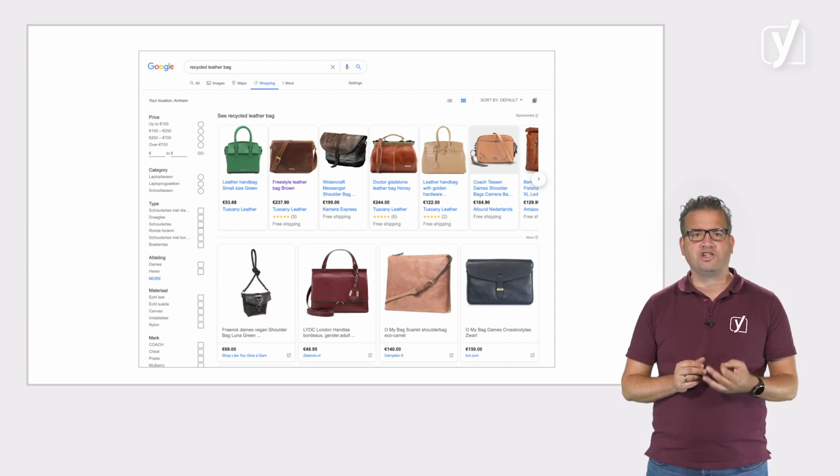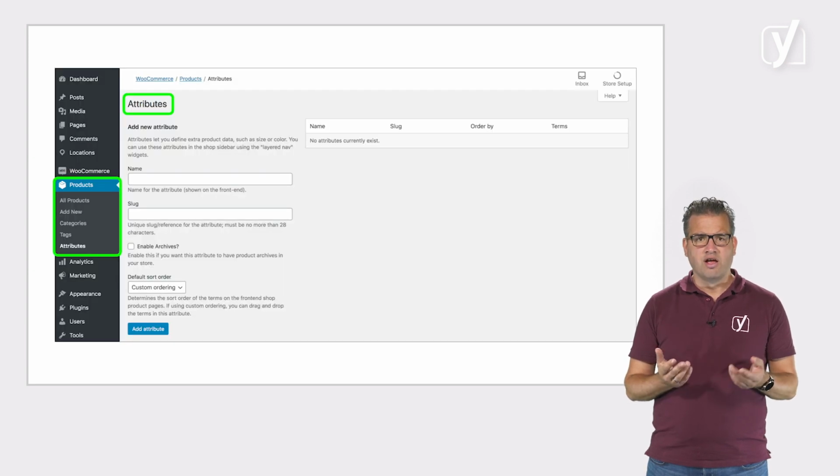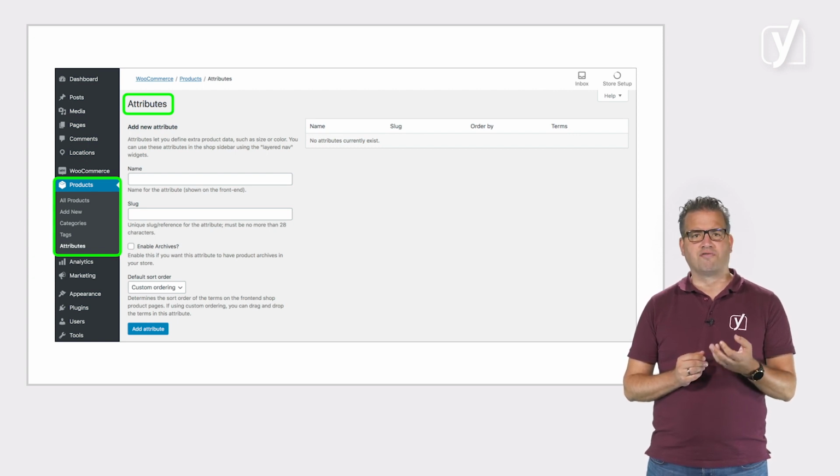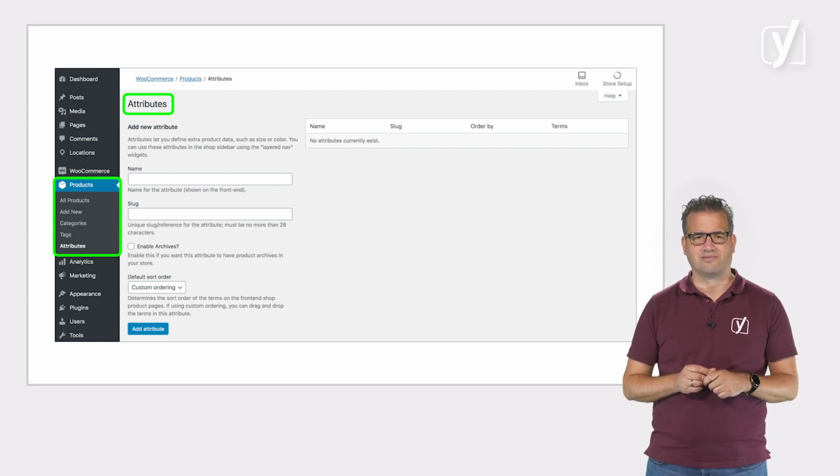Of course, we will need you to fill in some information in the plugin first. How do you do that? First, you will need to create your product attributes in WooCommerce. For example, you can create a brand, manufacturer, or color attribute. To learn how to do that, check out the reading materials. You'll see how, in a few steps, the plugin increases the chances you'll get included in Google's shopping pages and attract customers to your site.